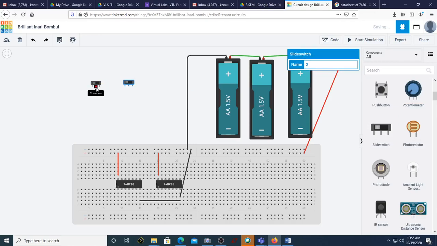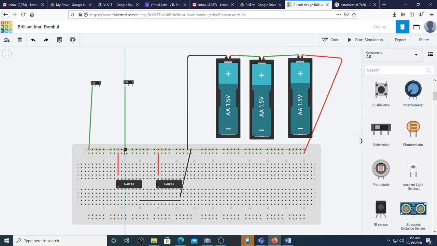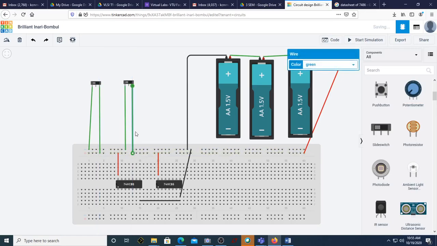The middle one can be used as the input. So I can connect this to ground here. I can again connect this to ground. I will connect this to VCC. I will connect this to VCC. The purpose of making this connection is that when you slide the switch, it will be 0 or 1 depending on where the switch condition is.